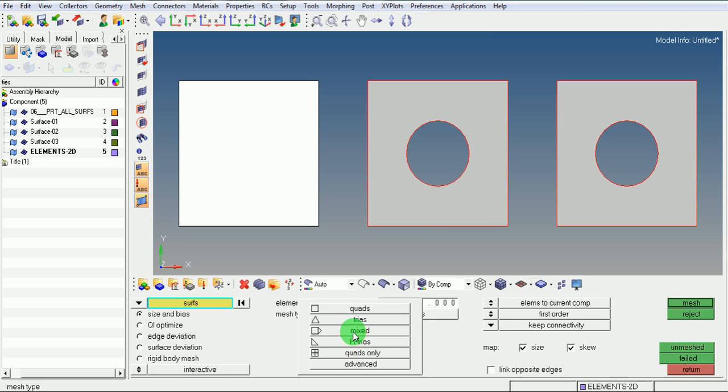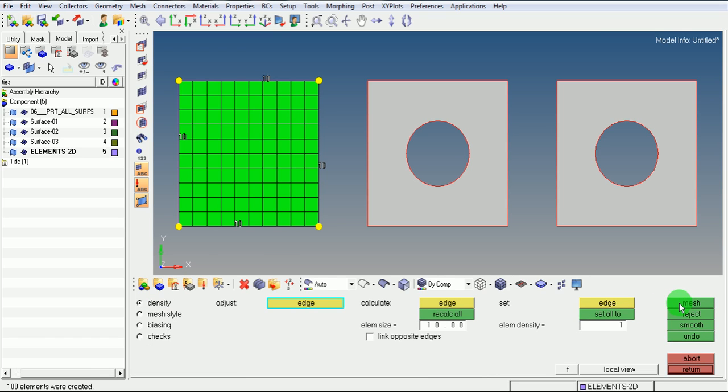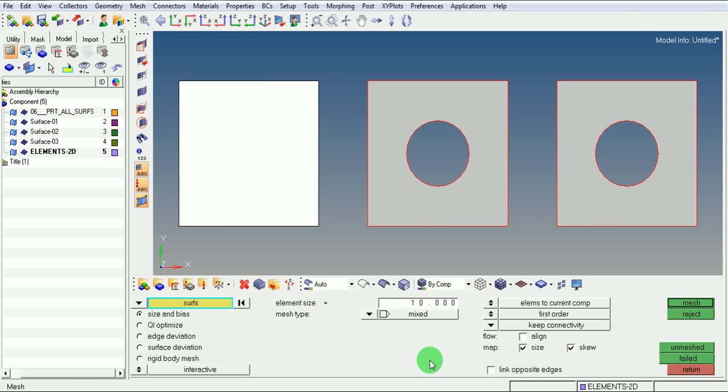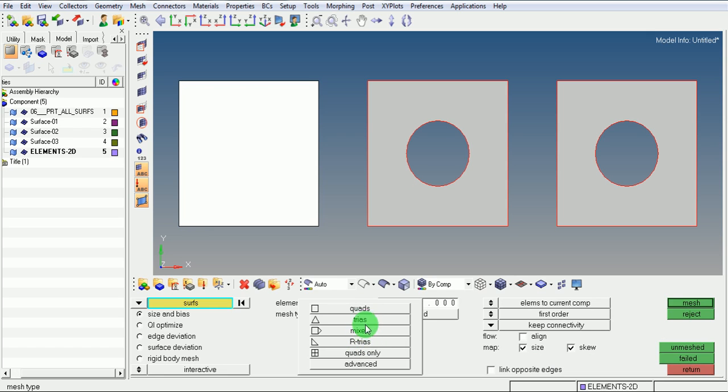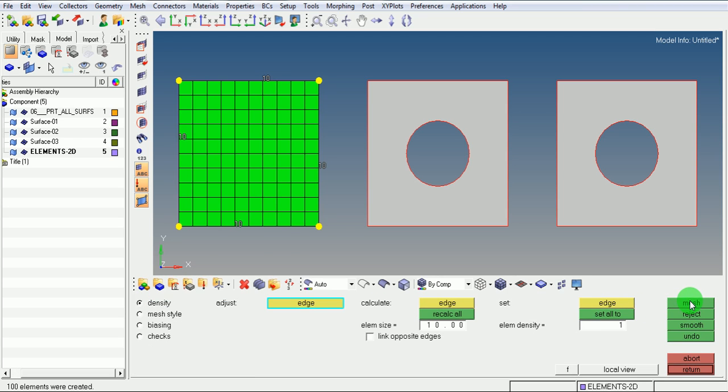Pick on mixed and pick on mesh. Since this geometry is a perfect square geometry, even though we use the mixed option, elements by default created will be quadrilaterals. Pick on reject, pick on return, use the option quadrilaterals and pick on mesh and pick on return.